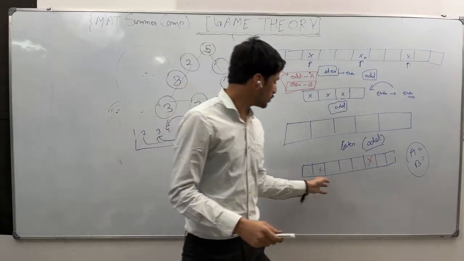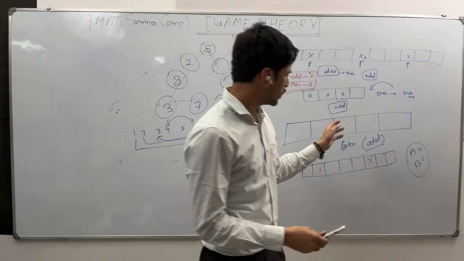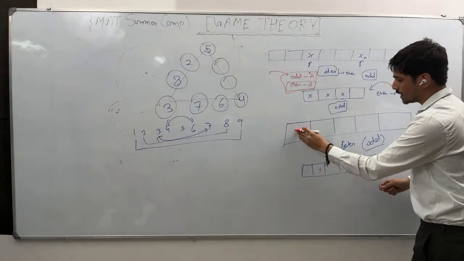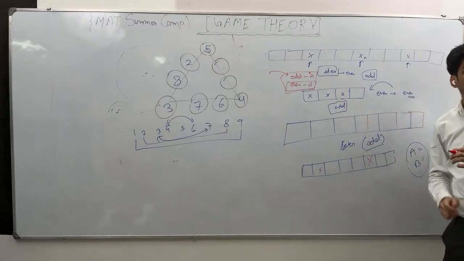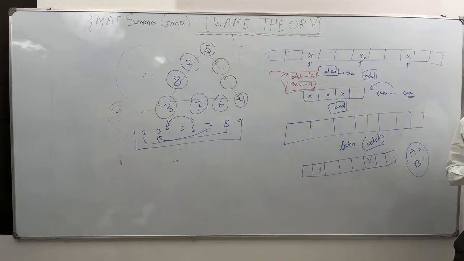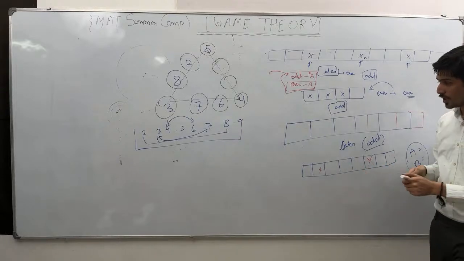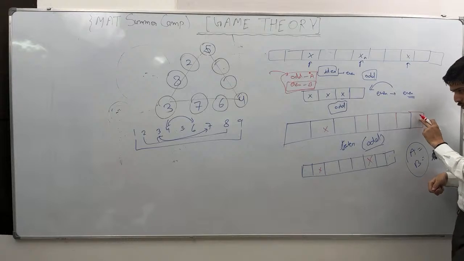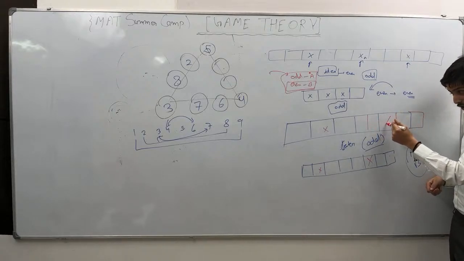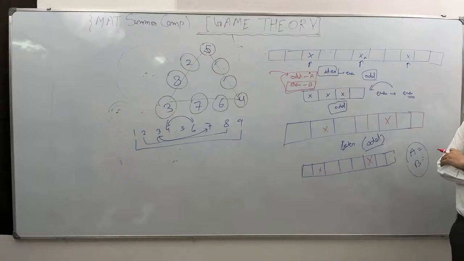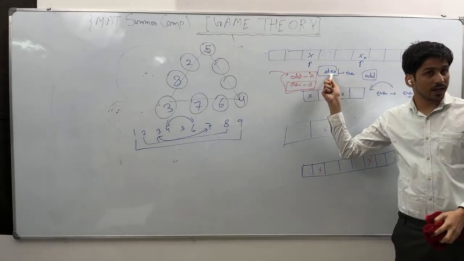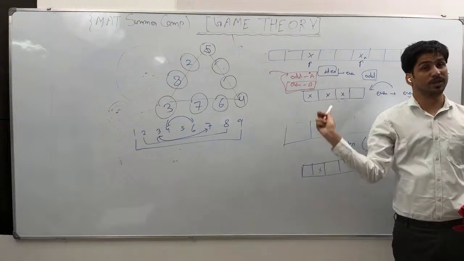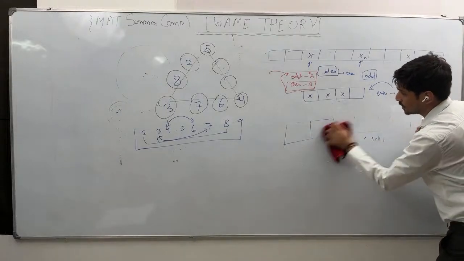Is it clear? So here you see, no matter wherever A puts, it's not about 8 only. You can try with 10 also. 1, 2, 3, 4, 5, 7, 8, and let's say 10. Now wherever you put, B will definitely win. Is it clear? Because definitely there will be some spaces. Let's say you start with here. Now I cannot put here, so definitely I'll put here. Now wherever you put, are you getting my point? The thing is, if the odd number of boxes are given, then you want to play as A. If the even number of boxes are given, then you want to play as B. Clear? Let's move to the next one.